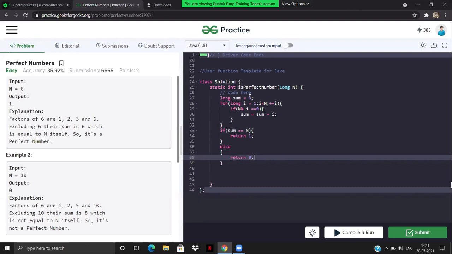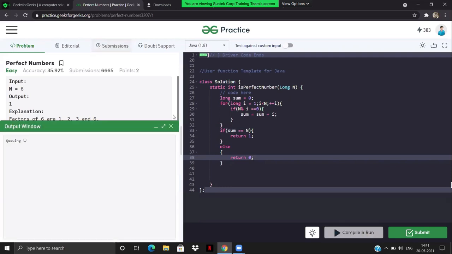Will it work? Guys, do you see any errors so far? Okay, let's try to run it and see if we have any error. Okay, correct. We don't have any errors. So let's try the custom input as well.